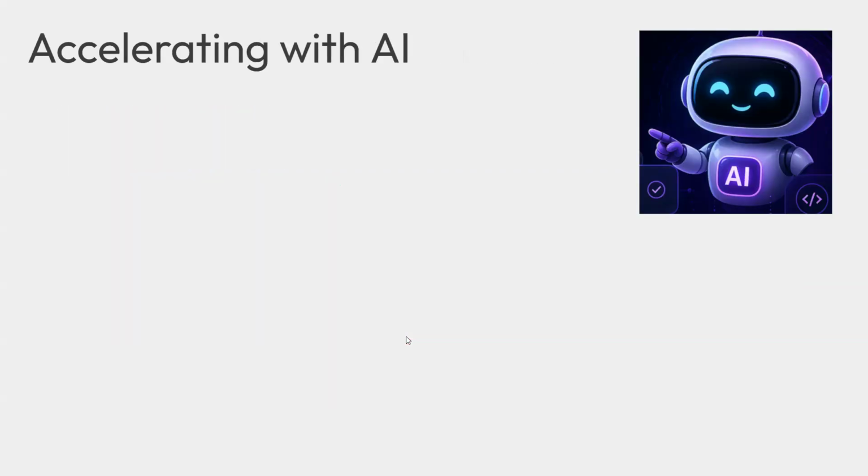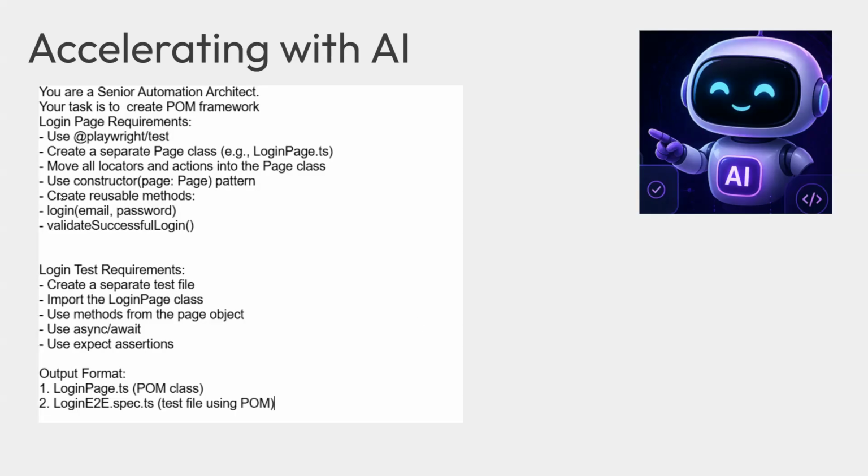let's get the help of AI to write this code for you. Okay. So I have created the prompt. This time I'm just asking it to create two different files. One is login page and another is login test. In the login page, I want the code for the locators and actions on them. When I say actions, click, fill, select, they are the actions that you do on locators, and use constructor to call them. Okay. And then design the reusable methods to perform any function like login or validate successful login. Okay, so this is what I want in login page.